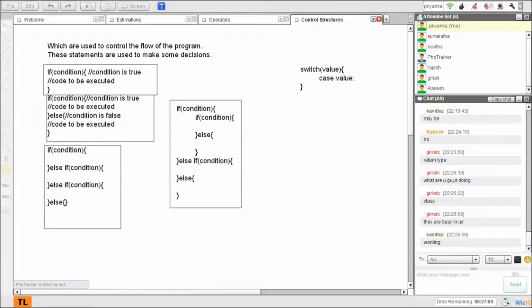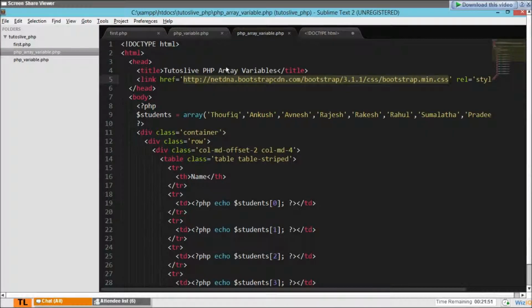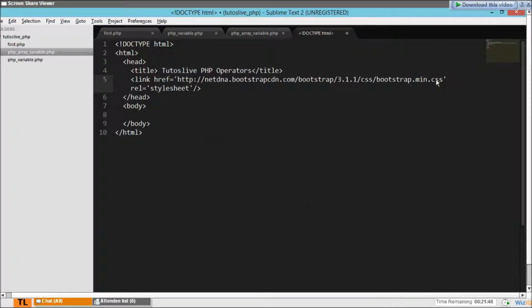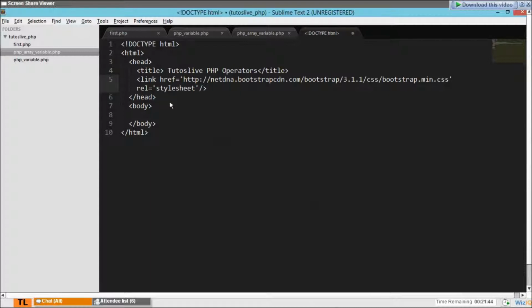Alright, so here link href, rel equal to stylesheet. This we have discussed in CSS. If anybody has a question, go back to the CSS class and search for external style sheet, and you'll get the answer there. I'm going to copy this Bootstrap file, which is a CDN file, not hosted on our server but somewhere else. We are just grabbing that piece of code from a different server. Alright. So that is that, and here I'll say div class equal to container.